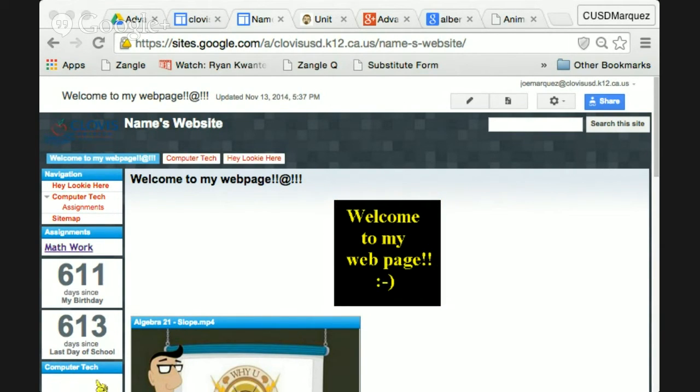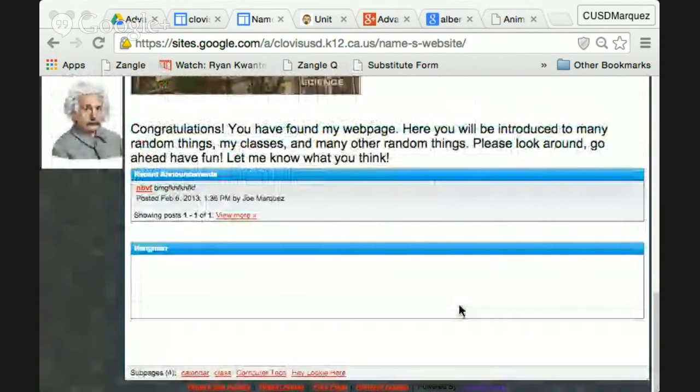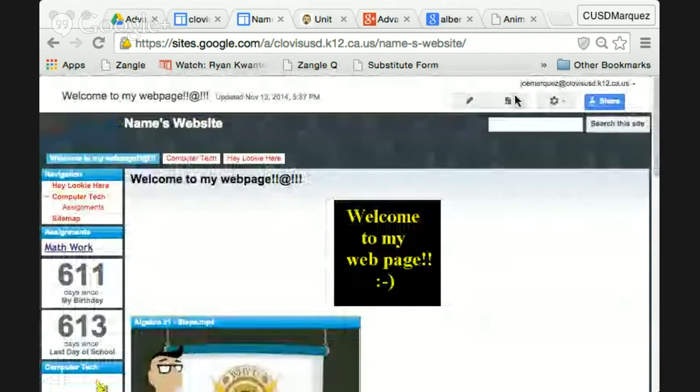The next thing I want to show you is adding a page, okay? Because adding a page, you have more options than you possibly can imagine. Now you want to add the page where you would like the page. So right now, if I add the page, I'm going to add it to my home page. At the very bottom, it shows me my subpages for my home page right down here. So if I added a page right now,